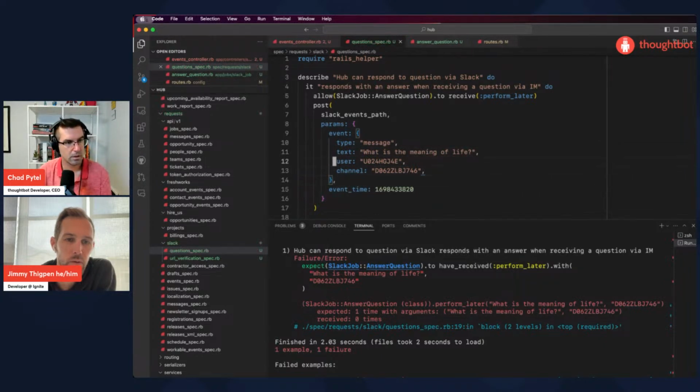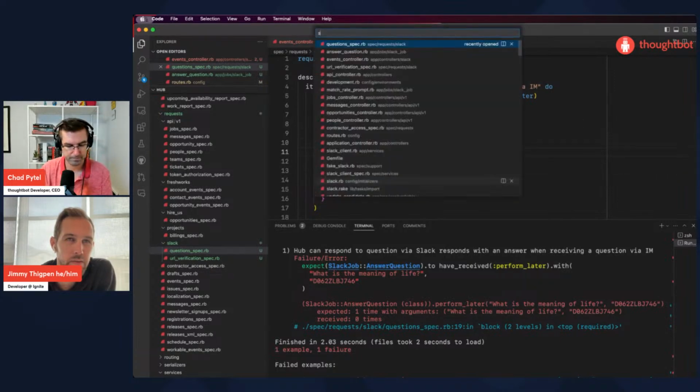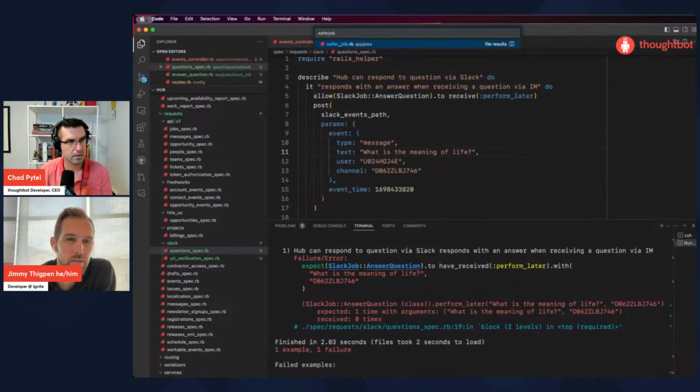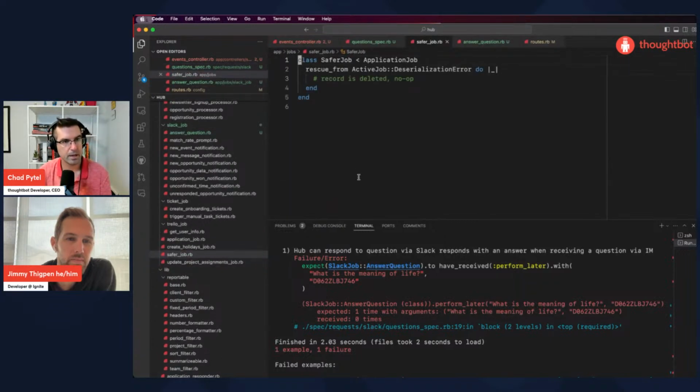Cool. You mentioned the safer job cleans stuff up. What's an example of something that would get cleaned up? If there's an error deserializing the data given to the background job, it will make the job a no-op. It'll rescue from it and not try again, because by default Active Job is going to retry failed jobs.